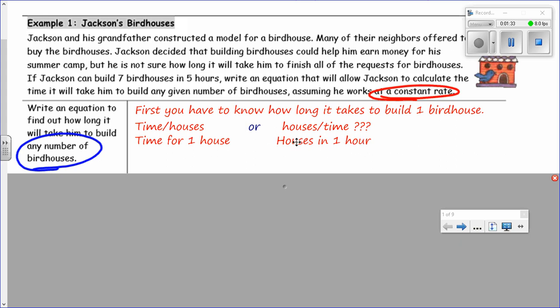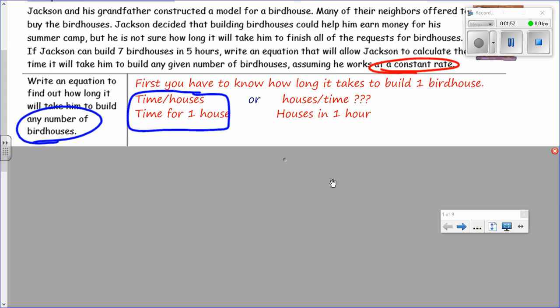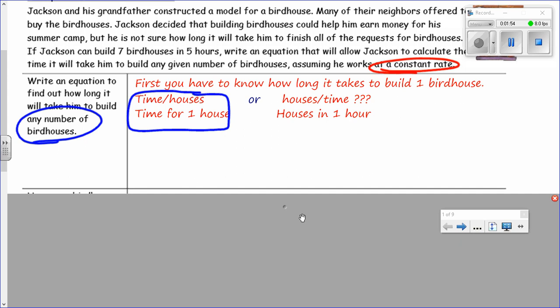Now, both of those are actually unit rates. So remember, whichever one you divide by, that tells you how much per one. So how much time for one house or how many houses in 1 hour. It says right here the number of birdhouses, so we want to go with the first one. We want to do time divided by the houses, and that's actually going to look more like a fraction. So let's make it 5 over 7,